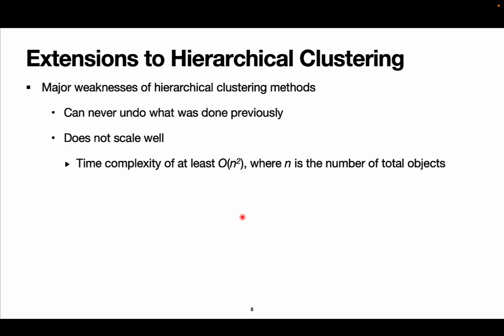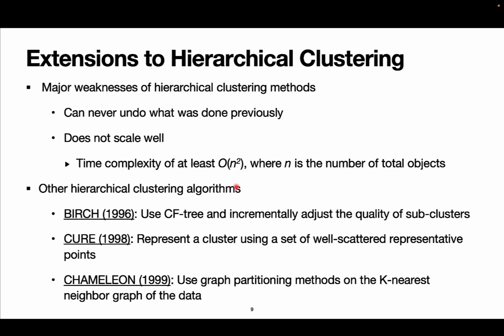A key weakness of divisive clustering is that it doesn't scale very well. A naive implementation may examine many candidate splits, which may end up with a complexity of big O of n squared, infeasible for large datasets. To address the scalability issues, several influential algorithms emerged in the late 90s to extend hierarchical clustering,